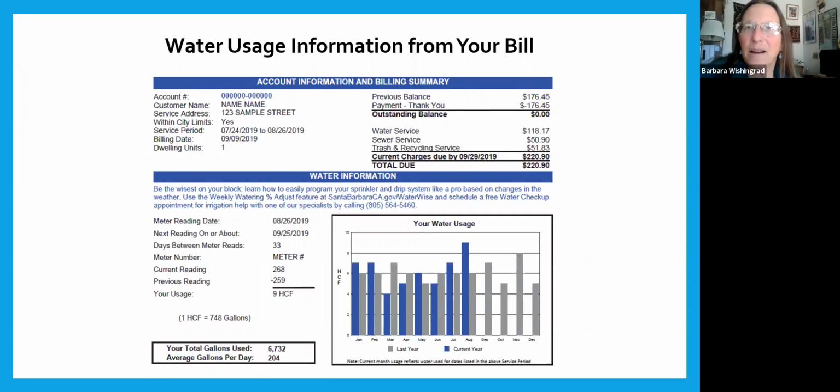I like the idea of knowing how much water I'm using, and the way to do that is that you can read the information from your water bill. There's also a way to find it out online. But if you still get a water bill,